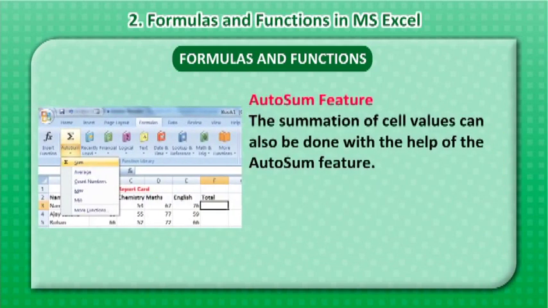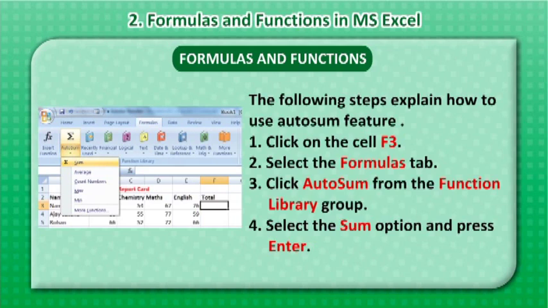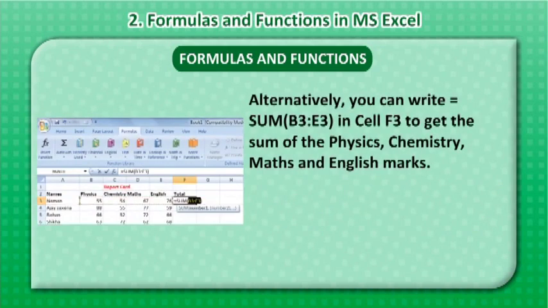AutoSum feature. The summation of cell values can also be done with the help of the AutoSum feature. The following steps explain how to use the AutoSum feature. 1. Click on the cell F3. 2. Select the Formulas tab. 3. Click AutoSum from the Function Library group. 4. Select the Sum option and press Enter. Alternatively, you can write =SUM(B3:E3) in cell F3 to get the sum of the physics, chemistry, maths and